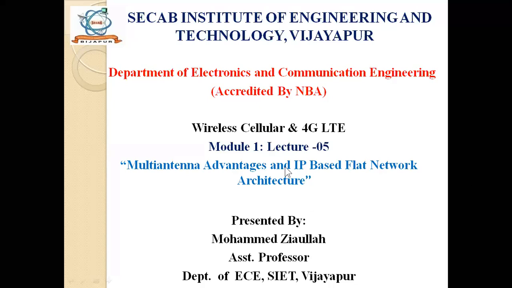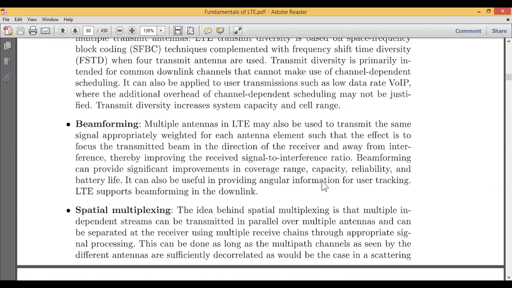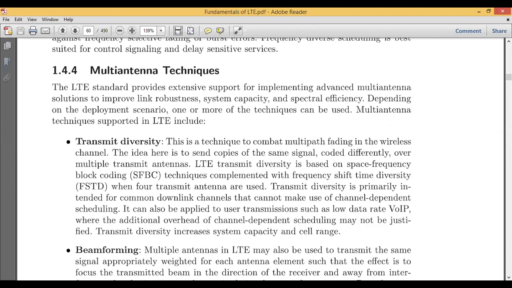In my previous video lecture, we saw how things are carried out in multiple antenna techniques. They are advantages, or a kind of support, to the LTE system. We have seen how multiple antennas work in a better way as compared with the earlier traditional system, or you can say the conventional system.